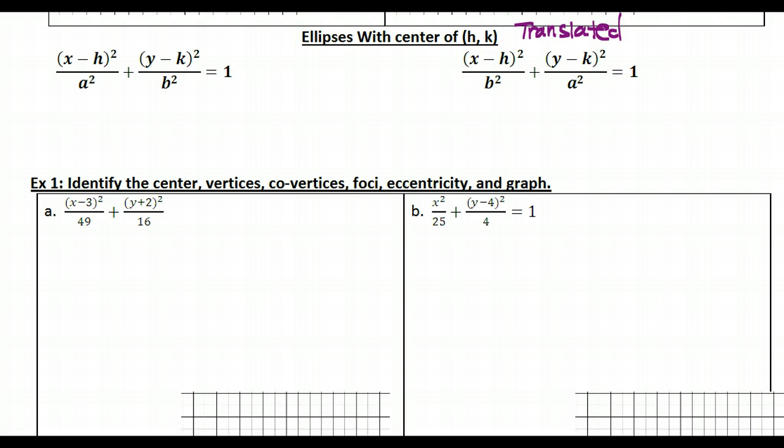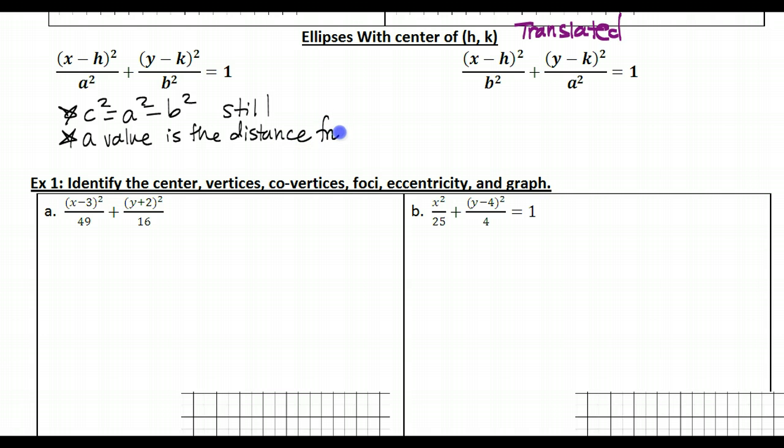And then a few reminders before I show you how to use these formulas. So just so you know, c squared equals a squared minus b squared, still the same thing as before. And then something that I may or may not have mentioned is the a value is the distance from the center to a vertex. So the a value, where it's a squared, is the distance from the center to a vertex. And remember, the b value is the distance